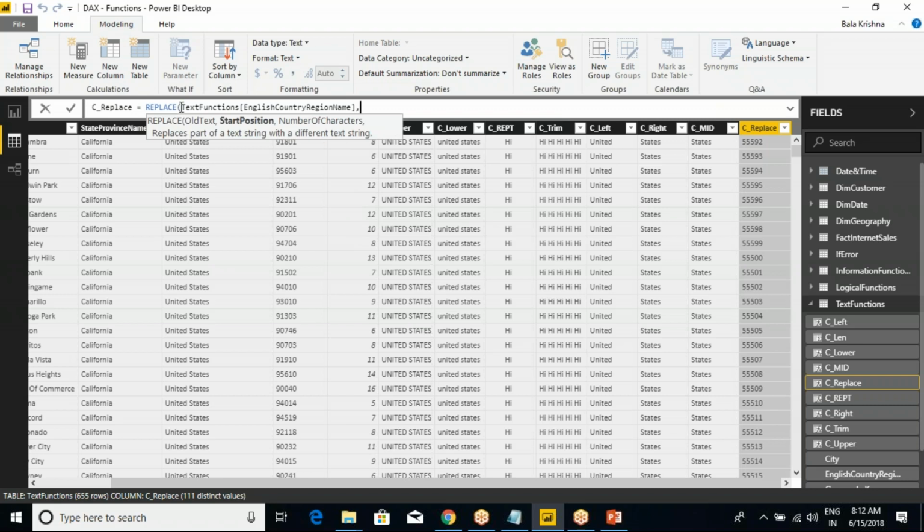So English country region name 1,7 and replace with the testing value. If you want the space,